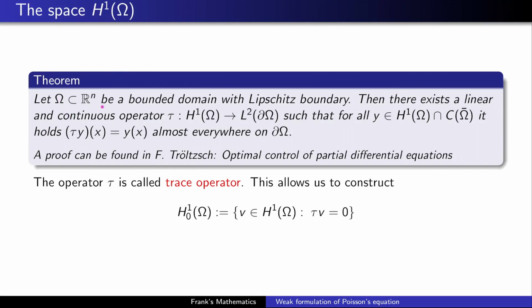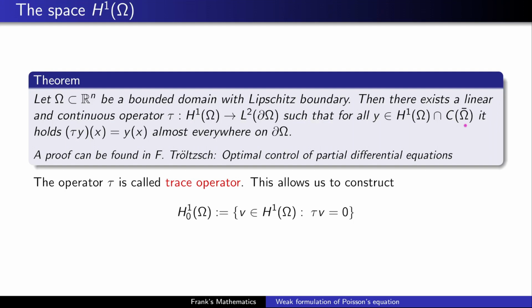So omega is now a bounded domain in R^n, but with Lipschitz boundaries, meaning that the boundary is basically smooth enough. Then we can prove that there exists a linear and continuous operator, which is called tau, which goes from the space H1 to the space L2, but on the boundary of our domain omega. And the operator tau does this in a specific way, meaning if we have a continuous Sobolev function, which is also continuous on the boundary, so bar omega is omega plus the boundary,